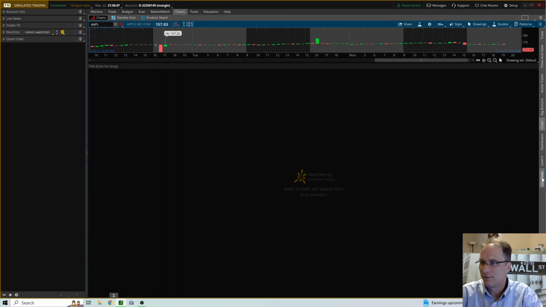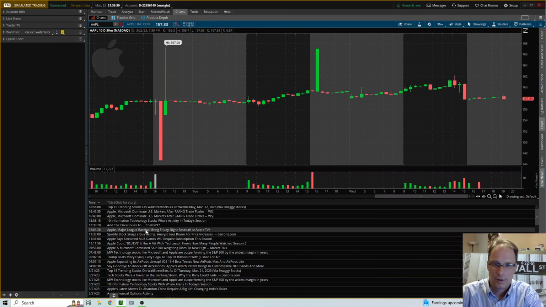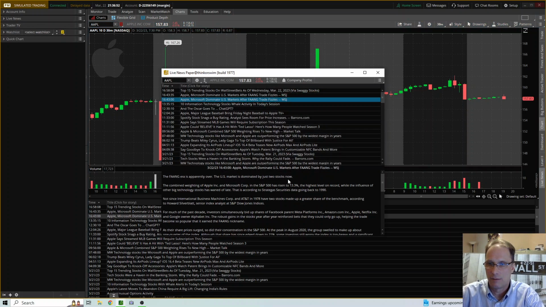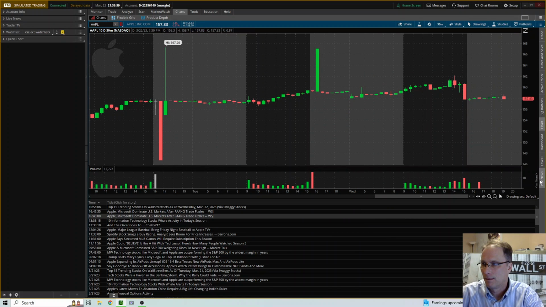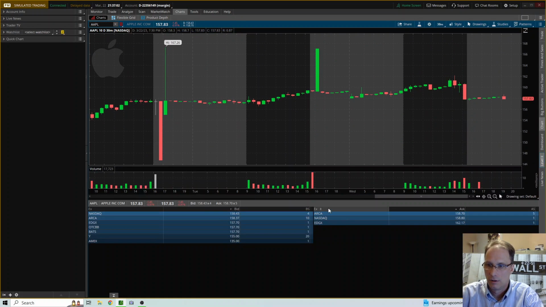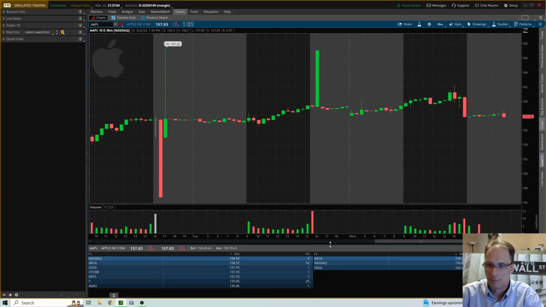There's a live news button, so you can read what Apple's doing. Click on it and it will come up, more descriptive. Uncheck news. There's a level 2, which is something we'll do for another broadcast. This is a little more intense day trading, where you can see where a lot of buyers and sellers are sitting at and constantly moving and hiding in and out, especially for momentum trading. And level 2 works well with the active trader as well,